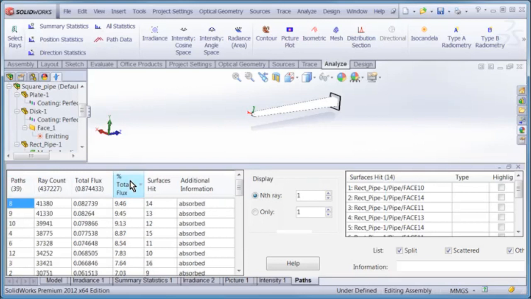And you'll notice next to it are the surfaces hit. We know at a minimum the light had to hit the input face and the output face in order to reach the target. Because of the number of surfaces here, what it looks like is most of those rays also had to hit